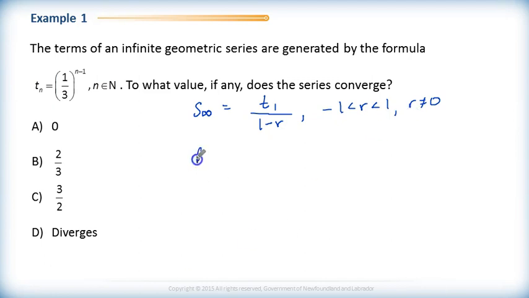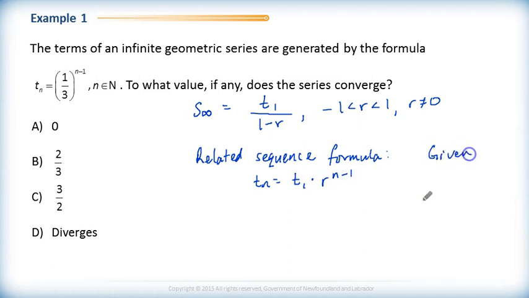We'll note that our related sequence formula, which is given to us, was generated by the general formula t sub n equals t1 times r to the n minus 1. And we are given that t sub n is equal to (1/3) exponent n minus 1. That means our common ratio must be 1/3, because our t sub 1 must be 1. So r is equal to 1/3, and we note that